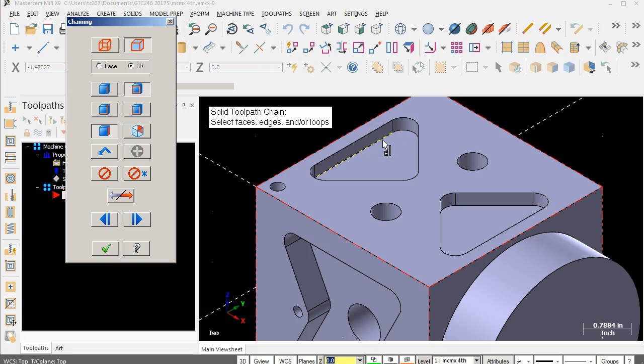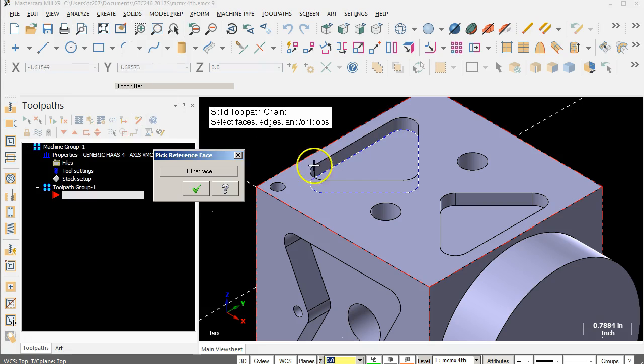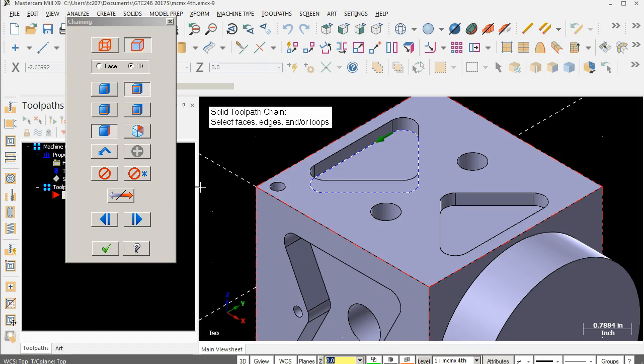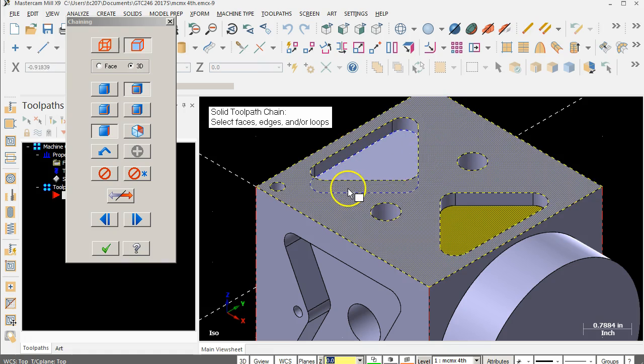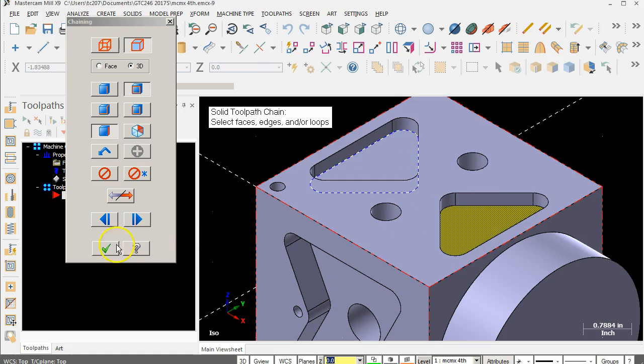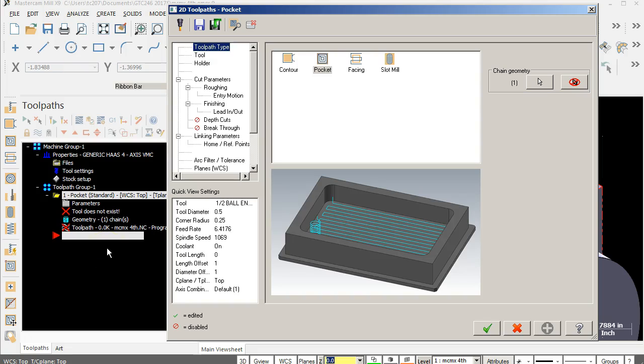I'm going to see some slightly different icons when I pick out the geometry. So let's do an edge on that one so it finds all the way around. Because of the solid geometry, it can also see other faces. So is it looking for this vertical face or something back in this geometry? No, it made the correct selection, so I don't have to pick anything different there. All right, and in that same group, I want a second chain, and this time I'm just going to grab the face. So that one highlighted as the loop or the edge, and this one highlights as the face. They should do the exact same thing. All right, so we're set for